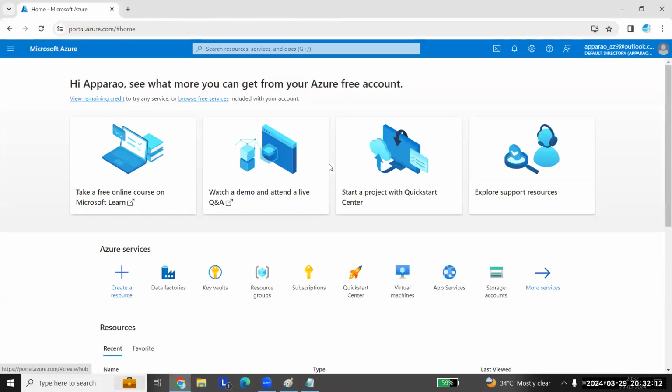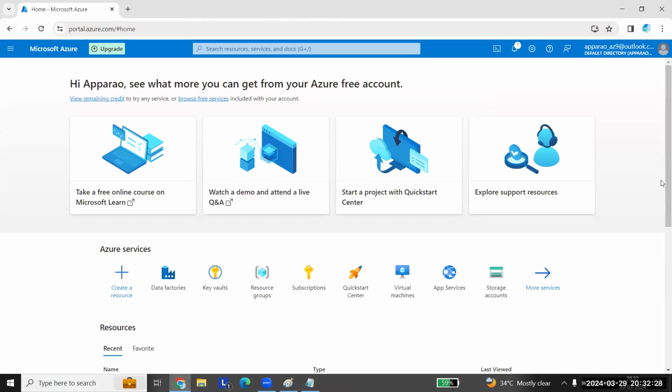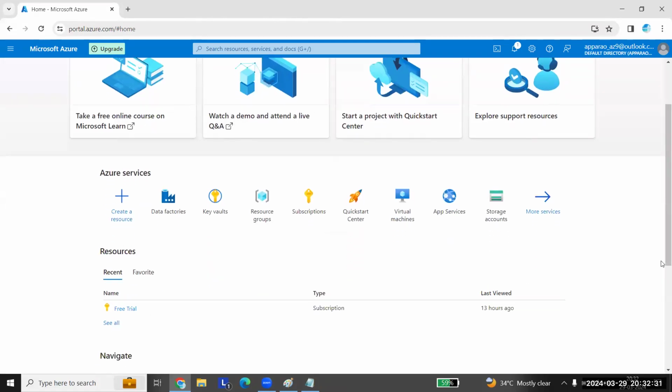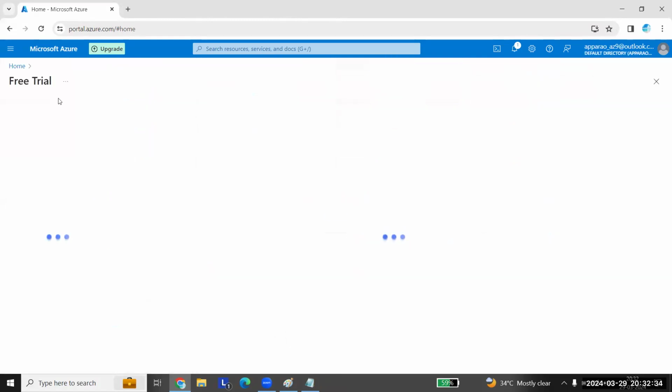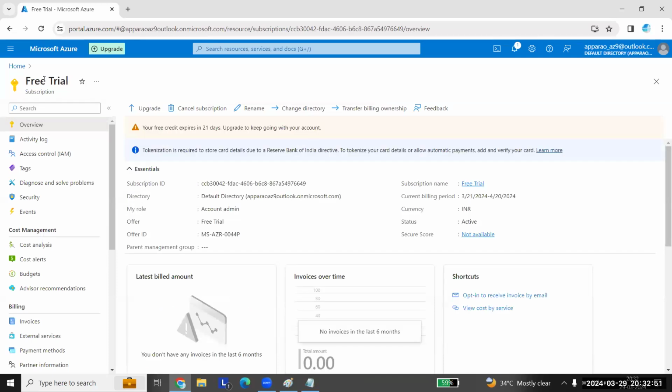Okay. Right. So now, you see this is, so if at all you have, okay, so just come down. So you see you have some subscription. There is a free trial account, a free trial subscription here. So if at all you don't have a subscription, then you will not be able to log in. So this is a free trial account. You can see this is a free one, free trial. So generally you get this free trial account only.